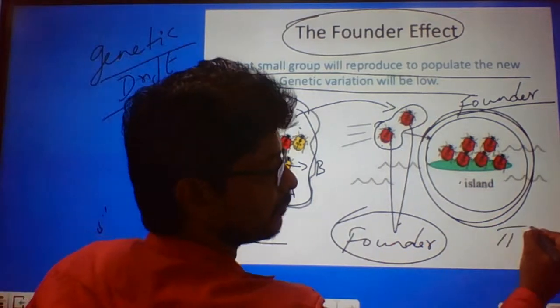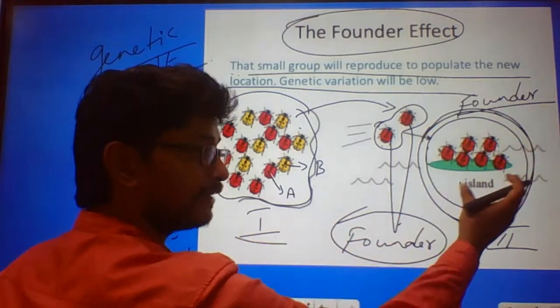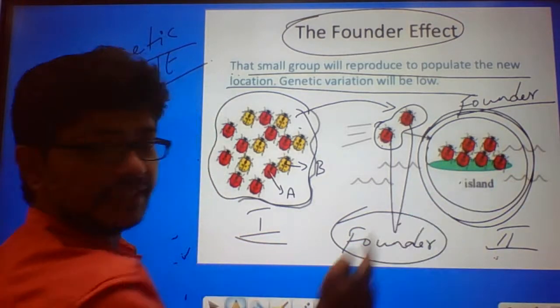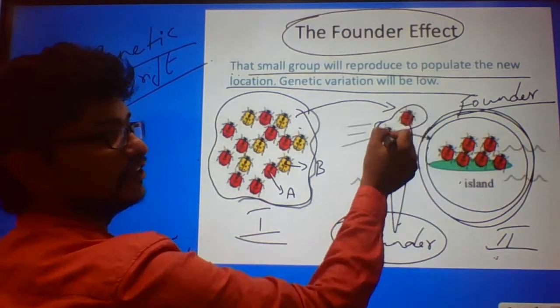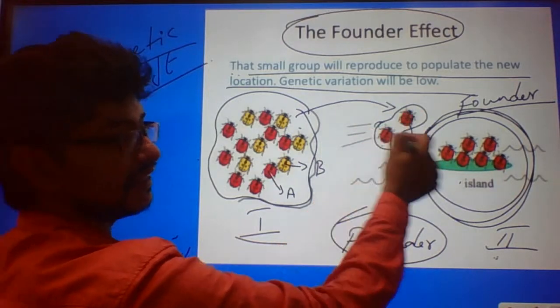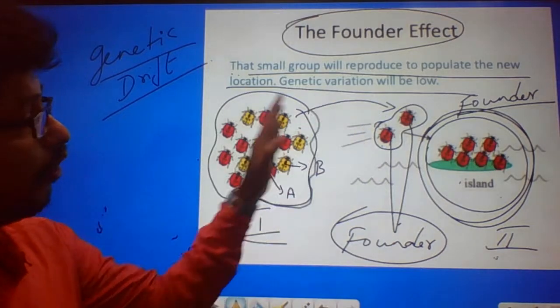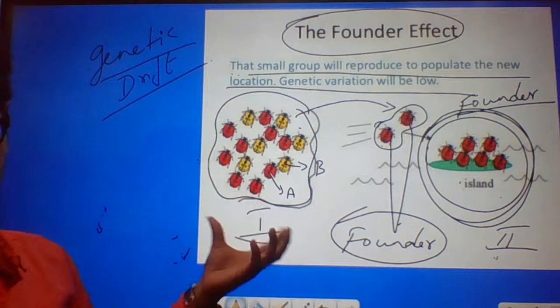For example, take population two, this community. Now this will start forming a new community. As far as community two is concerned, who is the founder? These two species are considered the founders, not the ancestors of these two beetles. Only these two beetles are considered the founders of the new community. So this effect is called the founder's effect, irrespective of whoever might be the ancestor of this particular population of